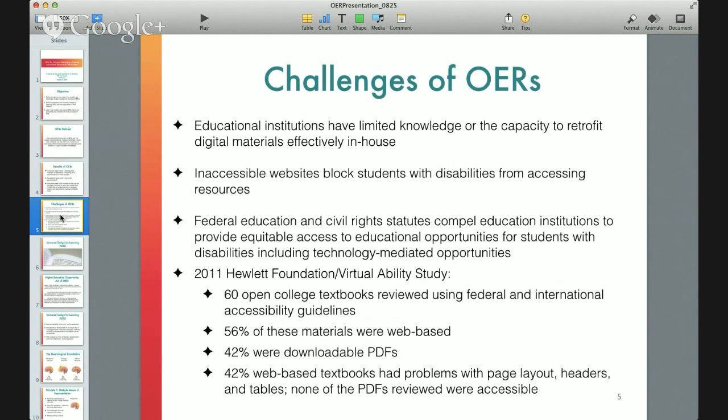Next one. So there are challenges associated with OER selection, acquisition, and use. The challenges tend to fall into a number of categories, but the one that comes up first is if an OER is a digital resource and it needs to be retrofitted for accessibility, that creates a major challenge for most educational organizations and institutions. Kind of ironically, 15, 20 years ago, our concern was retrofitting paper and print-based materials,